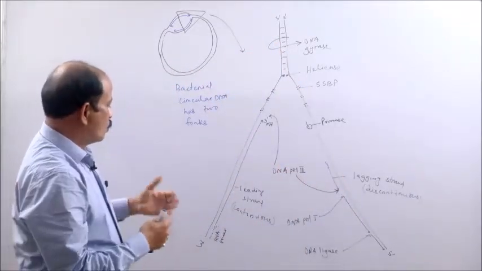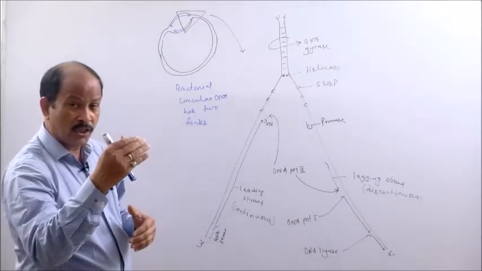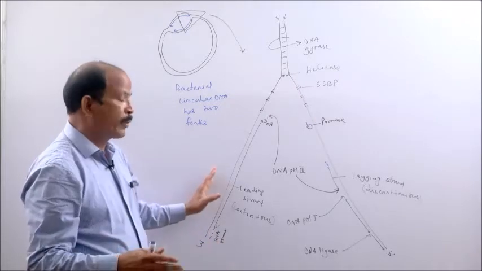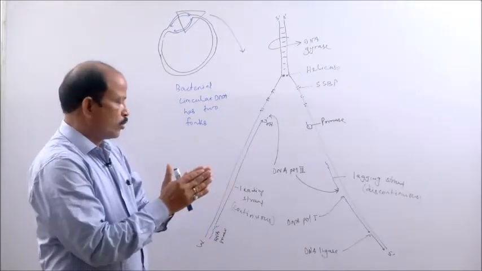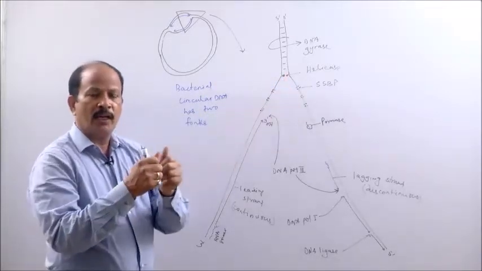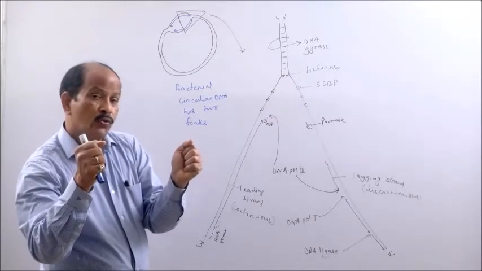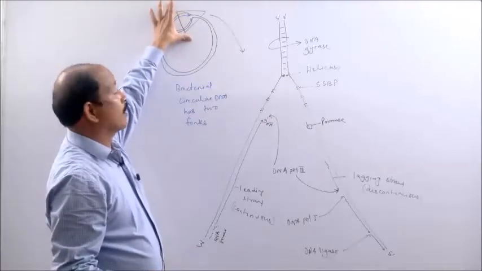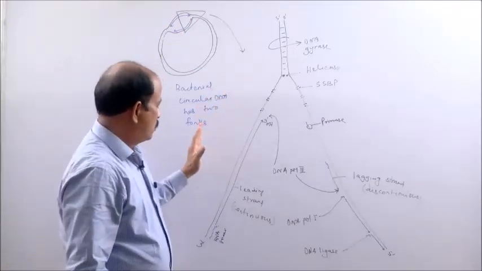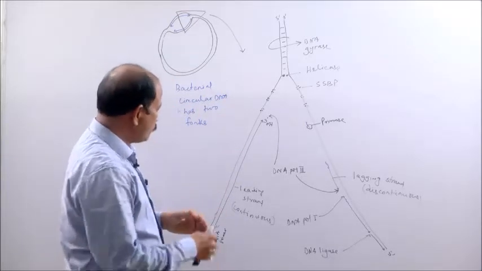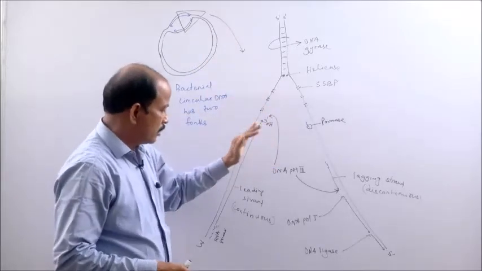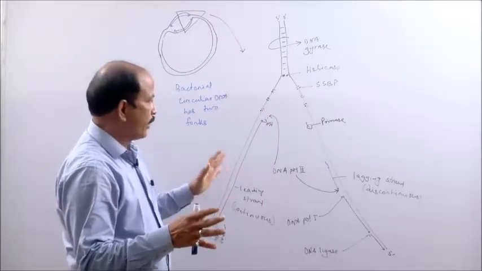Okay. So as discussed earlier, DNA polymerase needs a template. So the template is made available by the action of this helicase enzyme. This helicase enzyme unwinds the two strands of DNA, making a bubble or an eye. Now at this bubble, there are two forks and the events at a fork are the same everywhere.